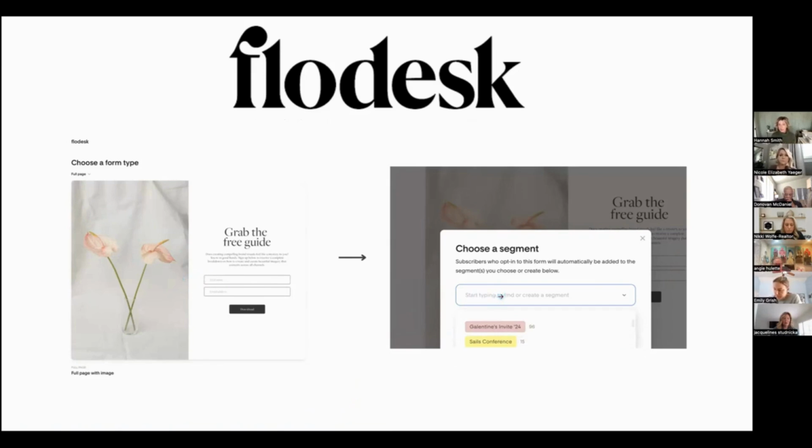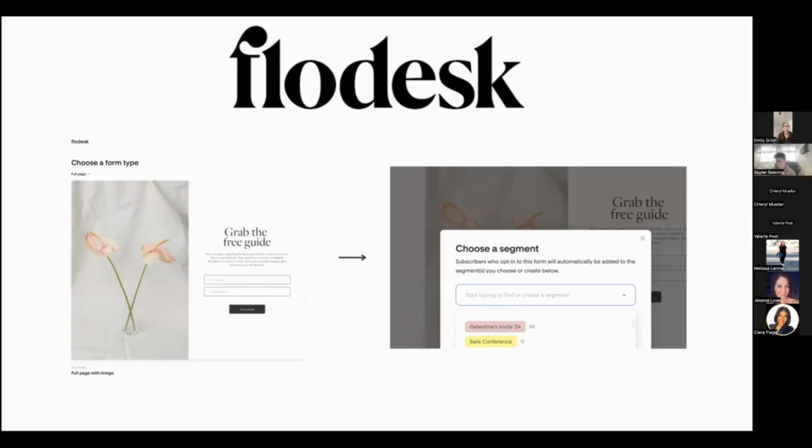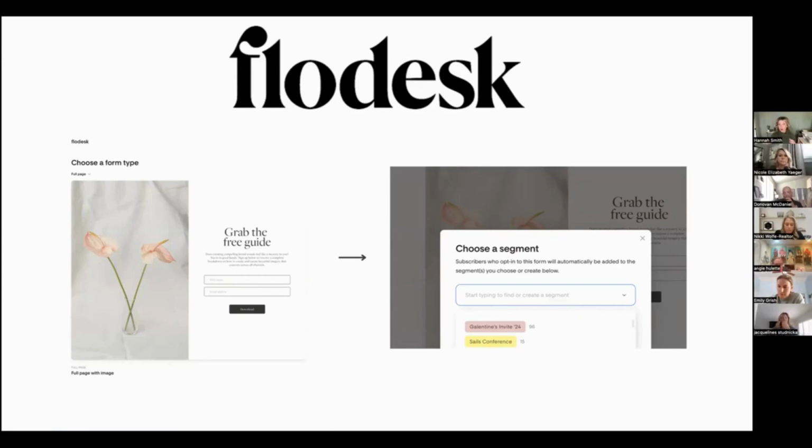This is one of the things I like about Flowdesk and their forms, which you can do in a lot of other CRMs, and that is segments. If you use KVCore, for instance, they're like hashtags. It's basically segmenting those people into a certain group for you to go back later and be able to market to or reach out to or have this email list for. So you would choose a segment or create a new one. Maybe that's move-up buyers, because obviously this was given out for move-up buyers. So you pick a segment, and that's going to go into this little group in my Flowdesk account.